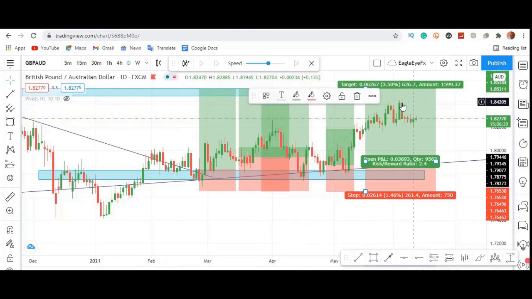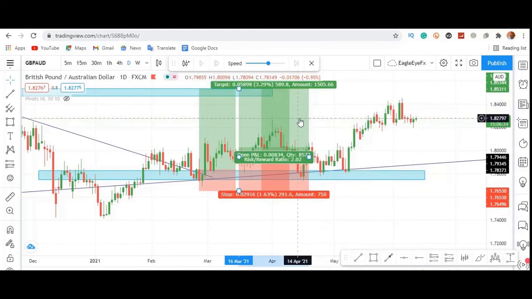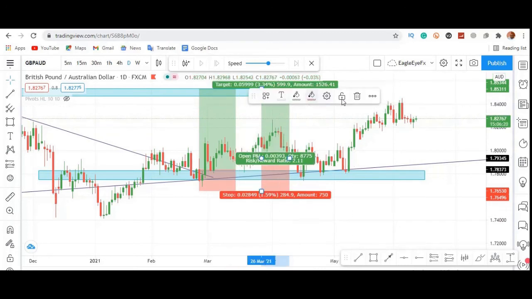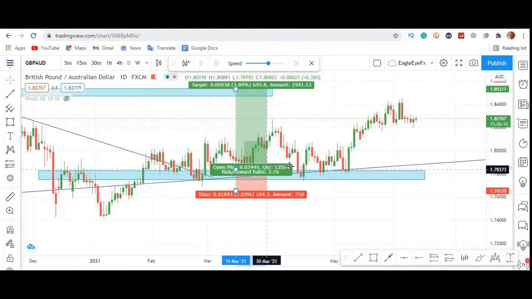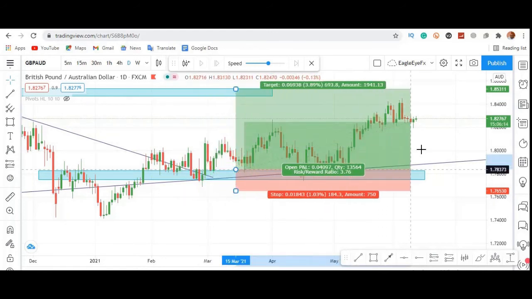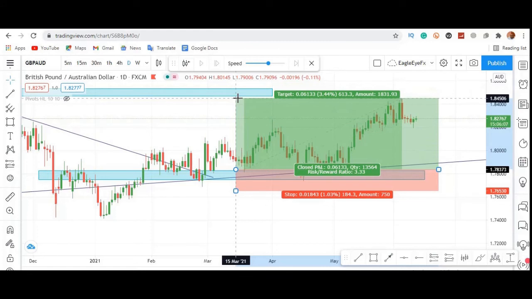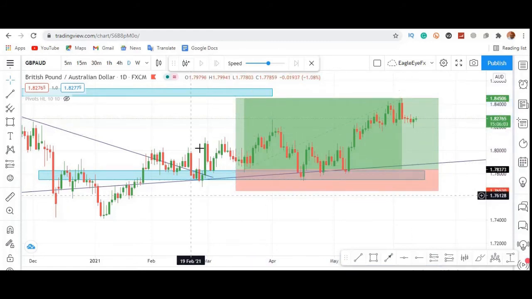So let's remove all this. I don't expect you to do that. That is too much, unless you are being greedy, and you don't have to be greedy. So let's see, how much did we win? So that was a beautiful, if you took only the first one, the first trade, you know, the first time